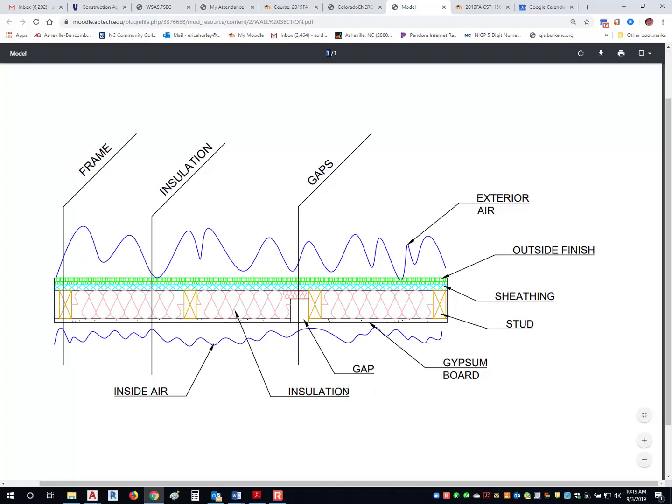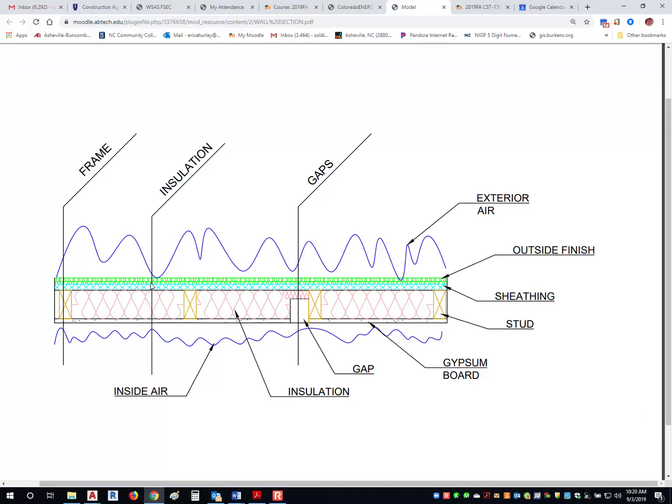So when we go to figure that, we're going to look at these 3 sections right here and what goes through that line. In the frame here, we're going to have the exterior air, the exterior finish, the sheathing, the stud, the drywall, and the interior air. Insulation, we go through